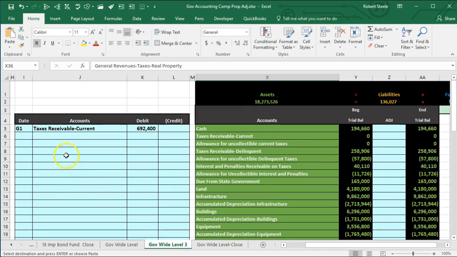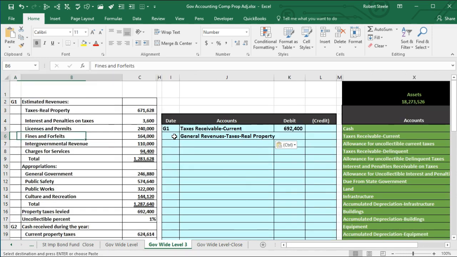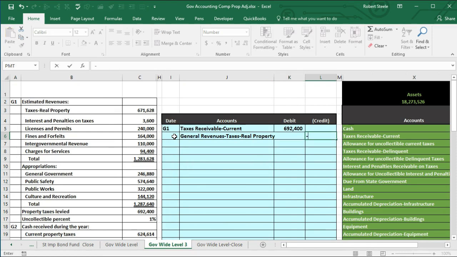And we're going to copy that in X36, scroll up, put that on the bottom, revenue being an income account, revenues have credit balances. We will therefore credit it in order to make it go up. So I'm going to put a negative and point to this 671,628 and enter. And then we have a difference here between the receivable and the general revenue. I'm going to use the plug formula to see what that difference is. This number, this 692,400 minus the 671,628 will give us the